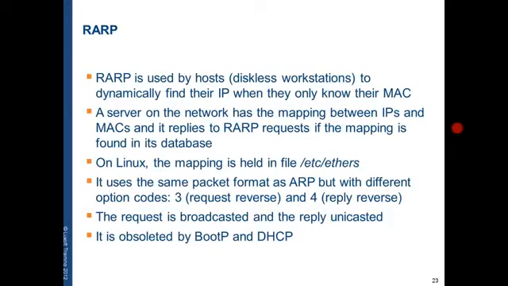While the reply to the RARP request will be sent unicast, specifically to the host requesting the IP, because the RARP server knows the MAC of the requesting host. This protocol is obsoleted by DHCP, and it is presented only for learning purposes.